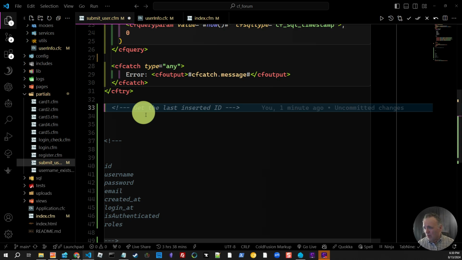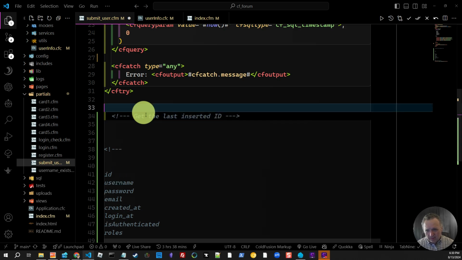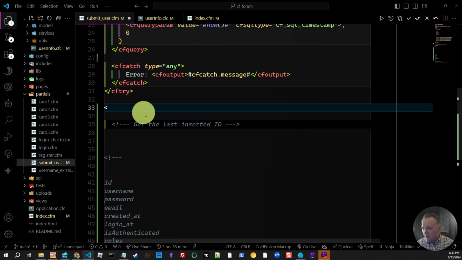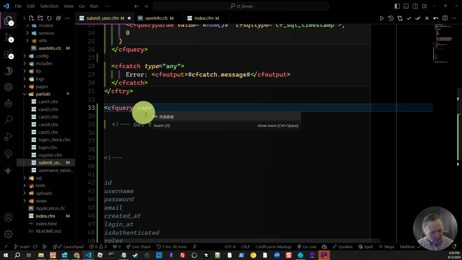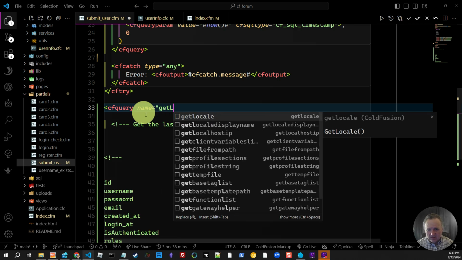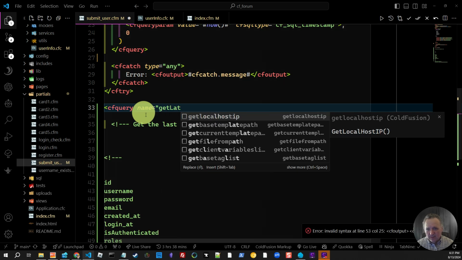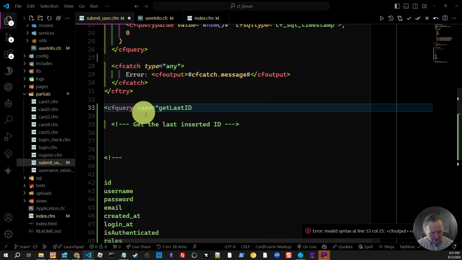So instead, what we're going to do is, after we do the insert, we're going to do a CF query name, and we're going to say we want to get last ID,